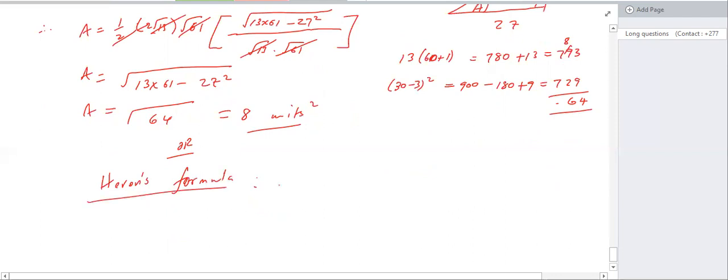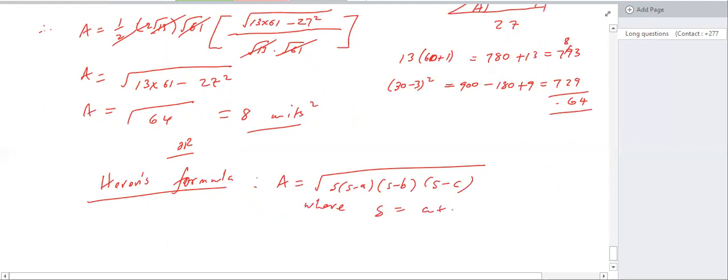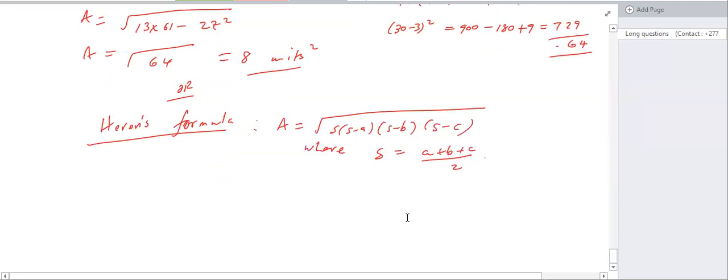Heron's formula says A is equal to the square root of S into S minus A, S minus B into S minus C, where S is equal to A plus B plus C all over 2. Now let us go and modify this formula. So it does modify, right? So I'm going to write down area is equal to